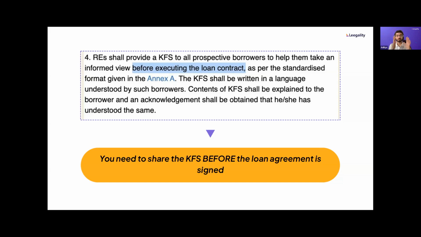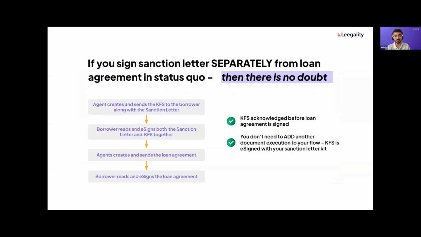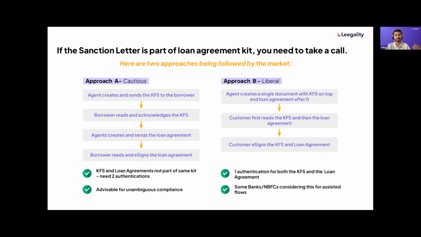All right. So this before-the-loan-agreement requirement led to three possible flows. Some ambiguity was there during implementation, and that ambiguity resolution often also leads to delays. So let's quickly recap the various flows on how you can actually implement this. In loan products where there is staggered signing, where the sanction letter is sent first, signed, and then the loan document is signed separately, it's a very easy thing. Simply attach the KFS with the sanction letter, get it all signed as part of one docket, and after that, share the loan agreement for signing separately. So in cases where you have staggered signing, it's super simple.